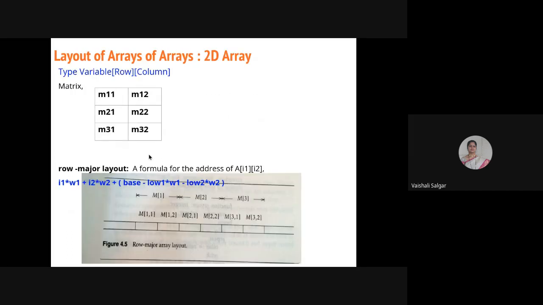So now the layout of an array. Before I proceed, whatever I have explained, I will just show you. Have you understood what I mean by the array declaration and how the implementation will be done? Now I will show you, while executing, how the data or memory will be allocated. Now just let me know whether my screen is visible or not.